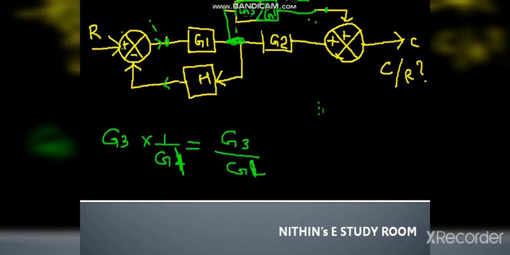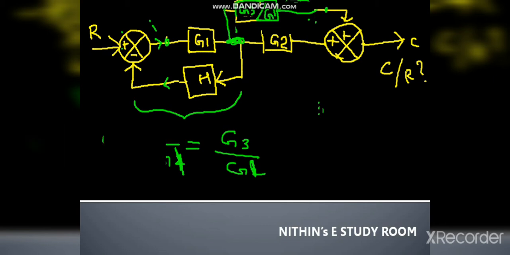Now, what is the next step? You can easily say the next step will come in this area. We can reduce some blocks there, because it's just a simple feedback path. How can a feedback path be removed? You have to analyze whether it is a forward path, a positive feedback path or a negative feedback path. From the figure we can see, as it is connected to negative, it is a negative feedback path.